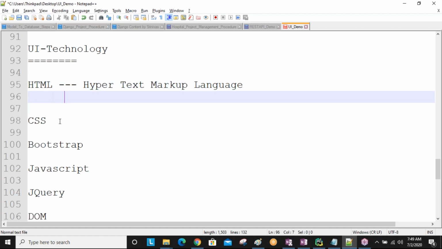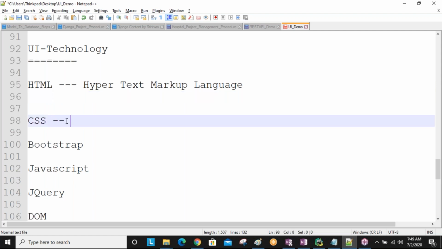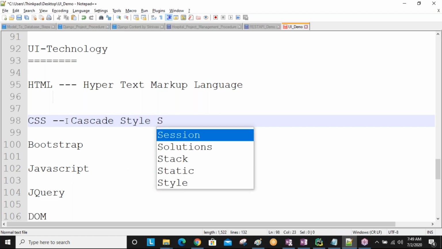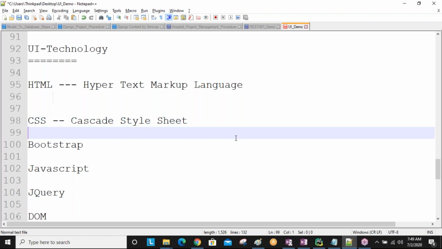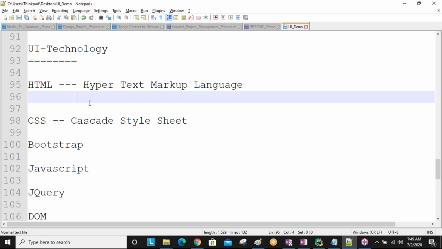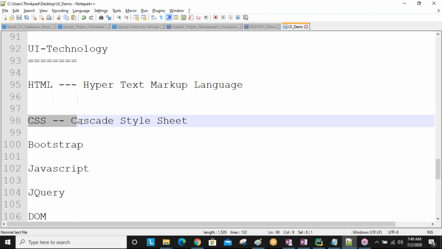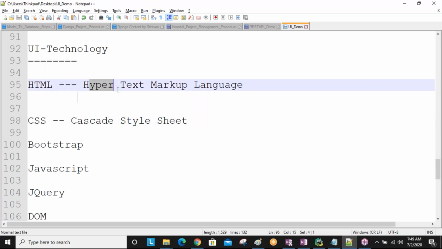Next, CSS. CSS stands for Cascading Style Sheets. Using HTML we display the data on our website, but that is only normal, pure plain text format.